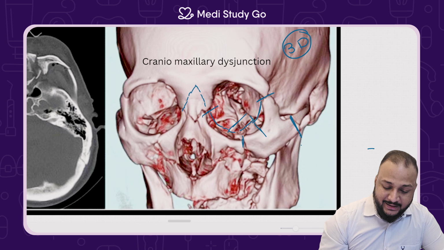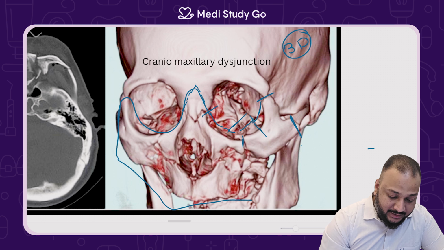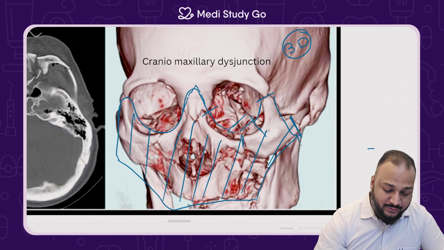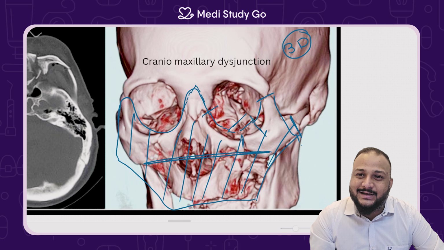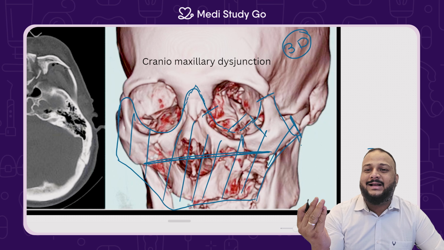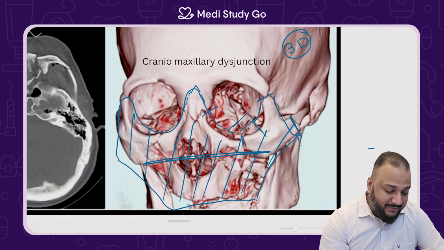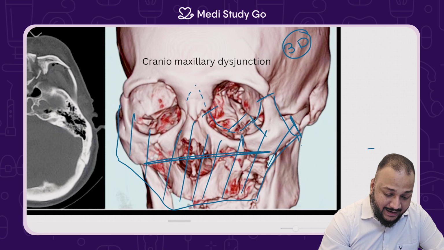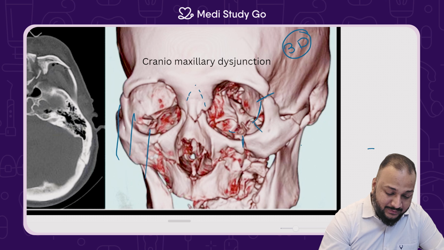So now do you see the area which gets completely fractured? This junction over here is the area of craniofacial disjunction. You can also see a complete Lefort 1 fracture as a part of this Lefort 3 fracture, where the maxilla is completely separated from the pterygoid plates. So again, coming back to our analysis, if we analyze this particular X-ray,